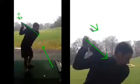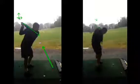That means the club face is nicely square, so from there we can just unwind the body, club coming back square, and we can just release the body through. Like I say, with that drill, probably do it with a pitching wedge or 9-iron, maybe go to a 7-iron if you feel comfortable once you've had a few goes at it,